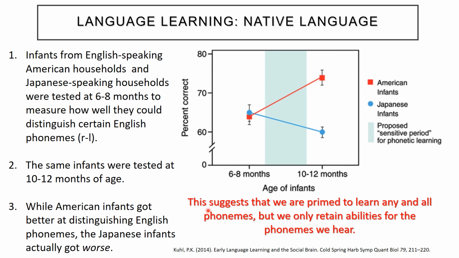And the idea is that as infants, we are blank slates, and we have the ability to perceive basically all of these different phonemes, and hopefully with the ability to produce them later on as we start to babble and produce words. But if we don't get that exposure during this very early window, we do not have that ability, and it's no longer retained.